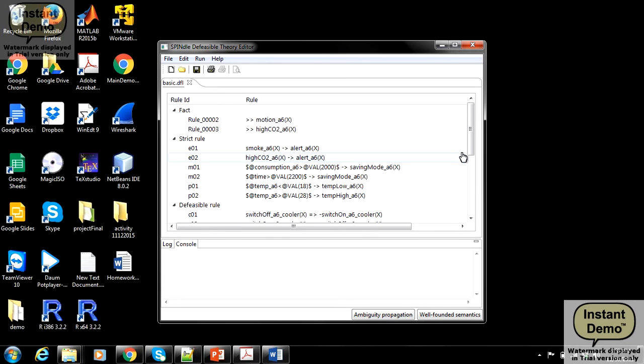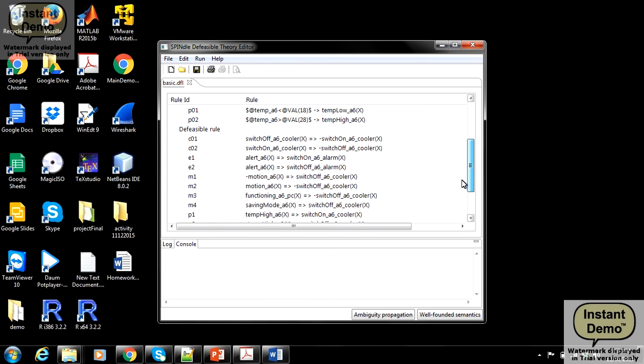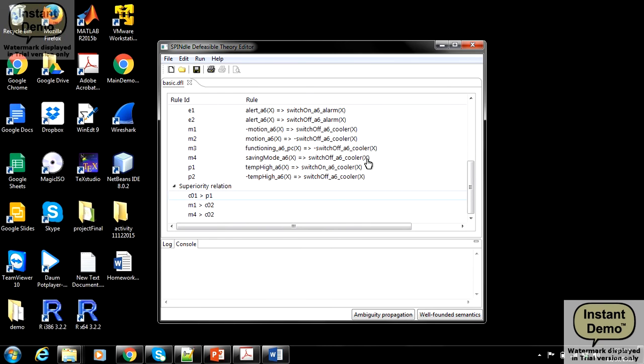And we can see it here. The rules have been embedded. Actually, I wrote it in TextPad, and then it is embedded over there. So when I run the conclusion, this is generate conclusion. So as can be seen, these are the results here. In the results, what you can see, plus D, switch on cooler. That means it is defeasibly provable that the A6 cooler is switched on.